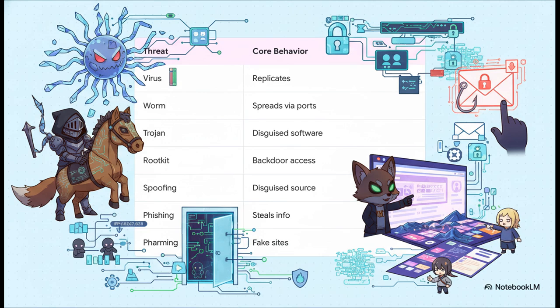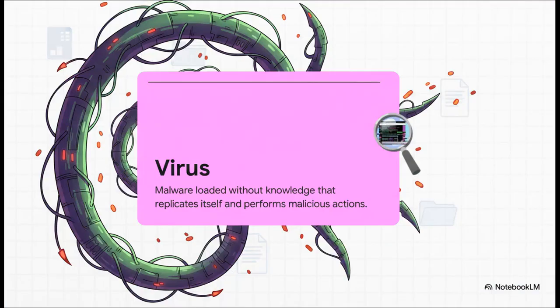And that brings us to our master list, drawn directly from Table 5.1 in the source text. Think of this as our digital lineup of the usual suspects. We are about to systematically profile these major network vulnerabilities so you can recognize their specific core behaviors in the wild. Let's rapidly profile our first suspect, the virus.